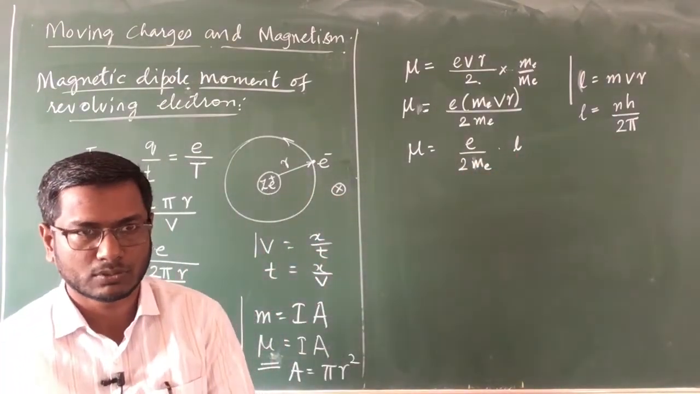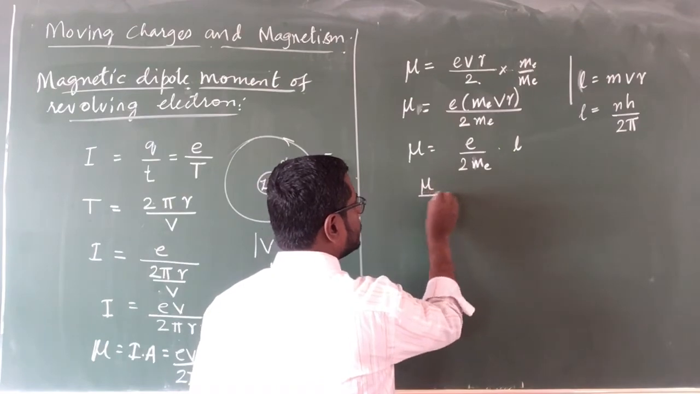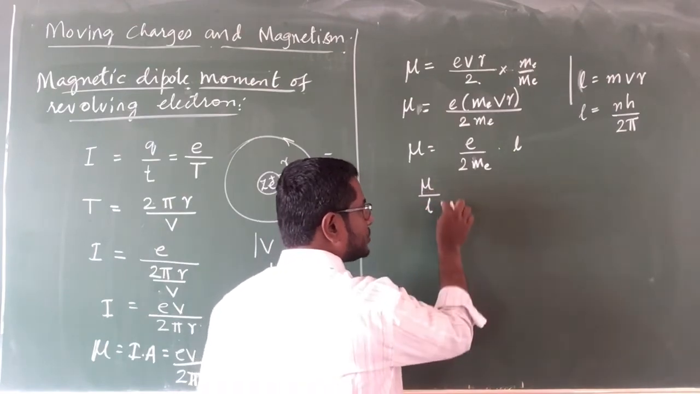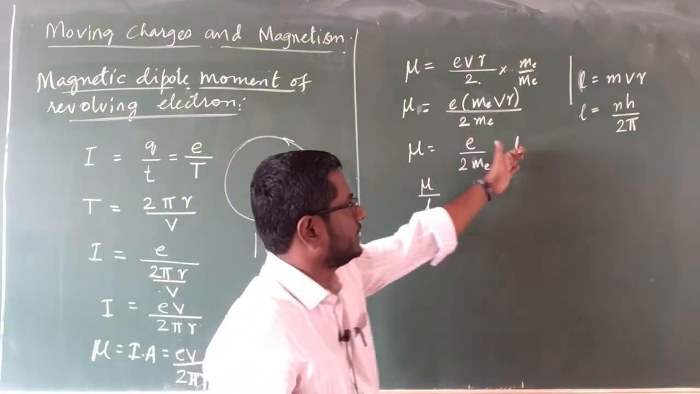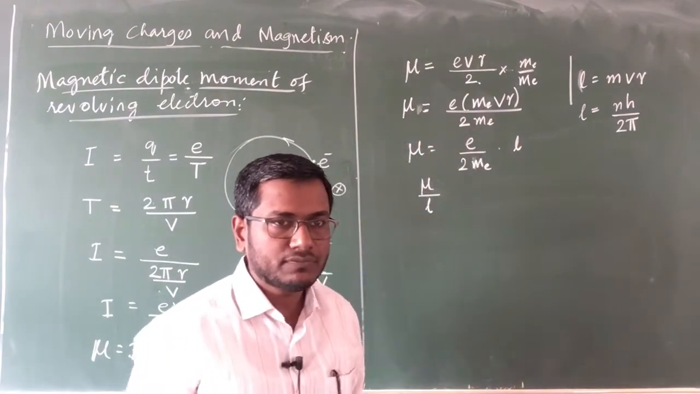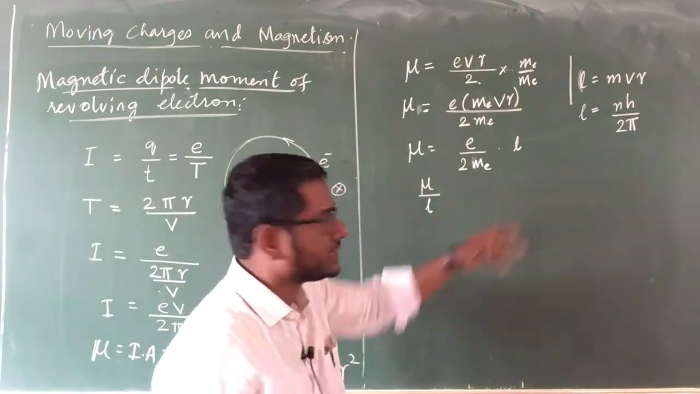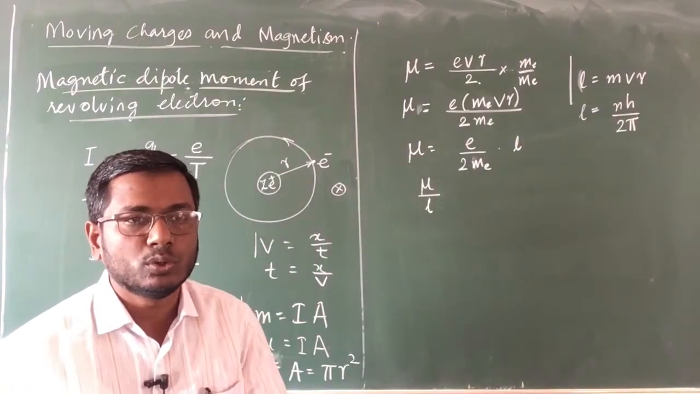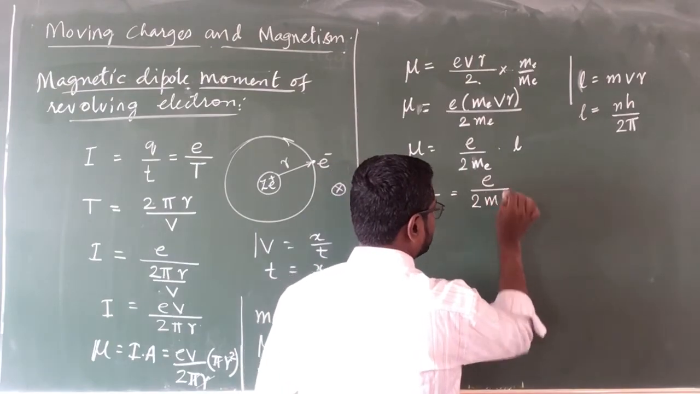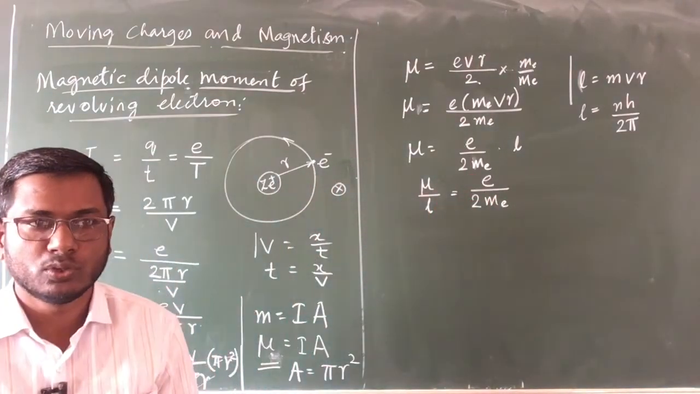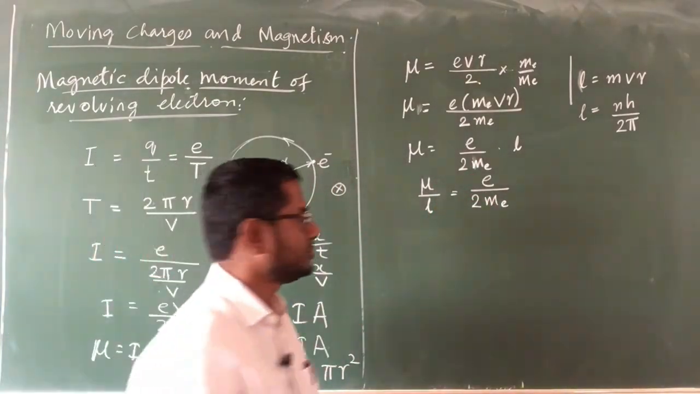Now what I am going to do here is μ divided by L. These two are the unknown quantities in this equation. μ is unknown, L is unknown, but e, that is the charge of electron, is known, and me, that is the mass of electron, is also a known quantity. μ divided by L is going to become e divided by 2me. Now the right hand side is the known quantities. I can substitute those values,